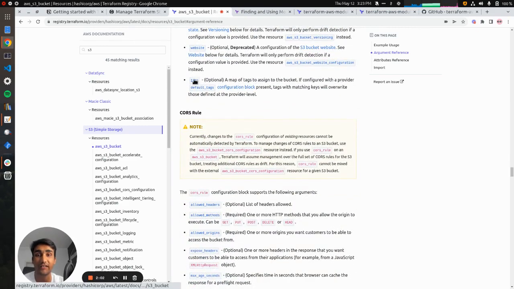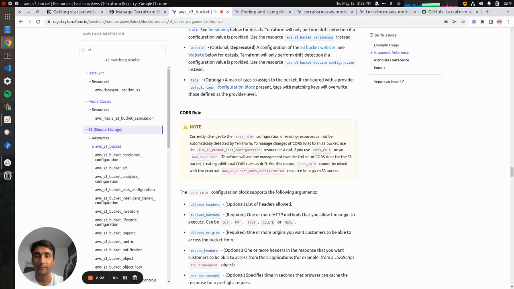For example, tags. Tags is a good example of configuration that you want to set, and you want it to be almost always the same. But some of them, for example, let's say you want to put tags, something like managed by Terraform, your environment, and then owner, like which service owns this bucket. For example, let's say you have multiple services, or which team, you want to put a team tag on your bucket. You'll have to repeat those tags